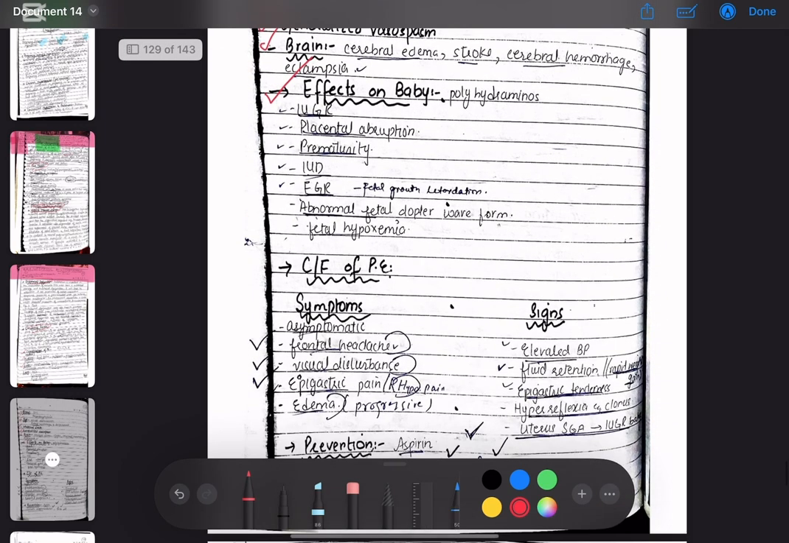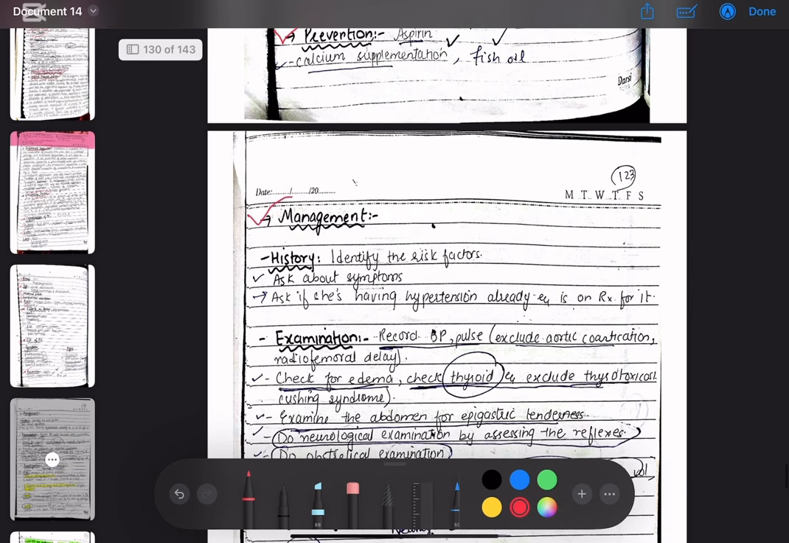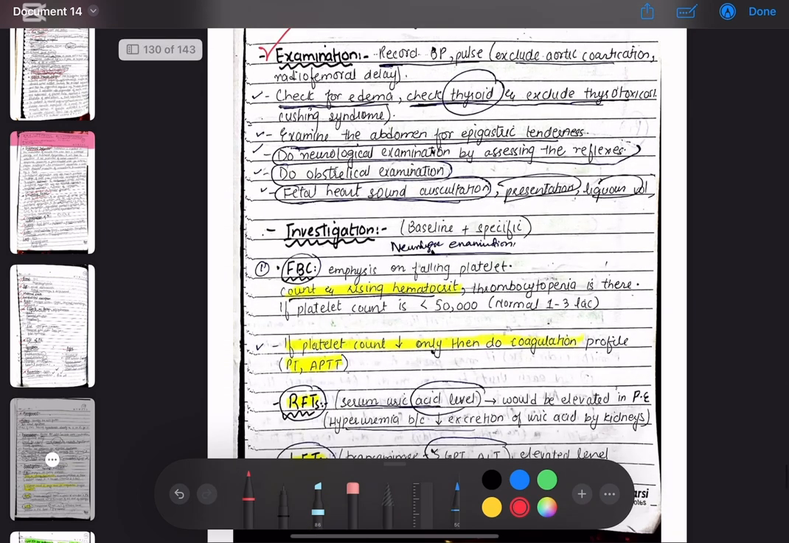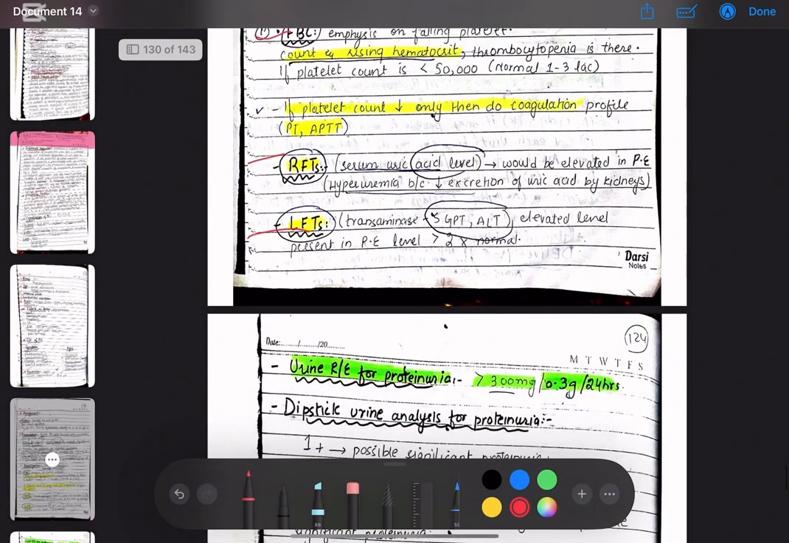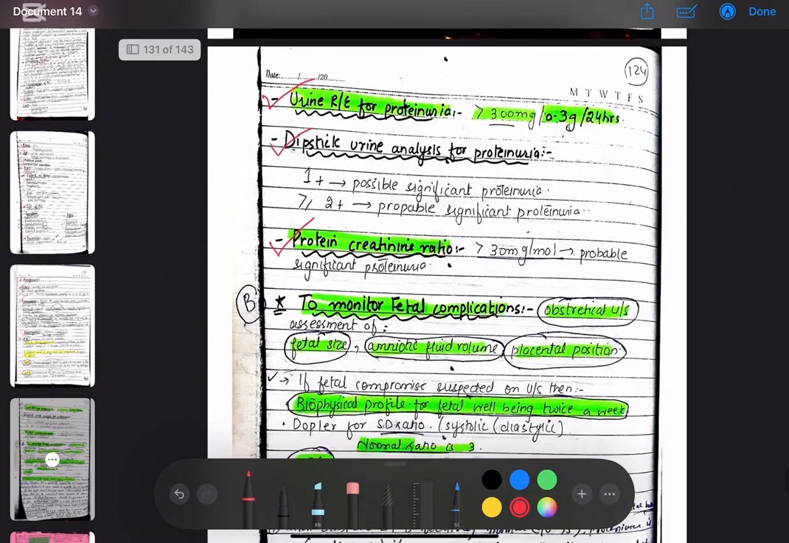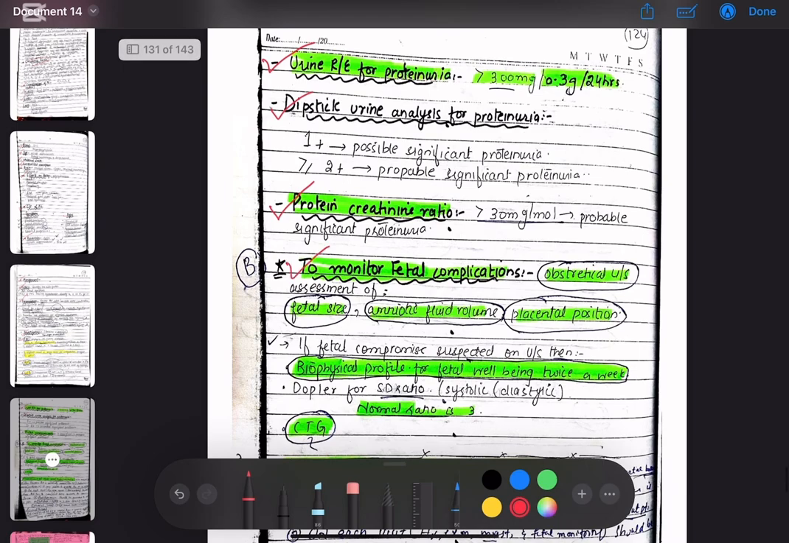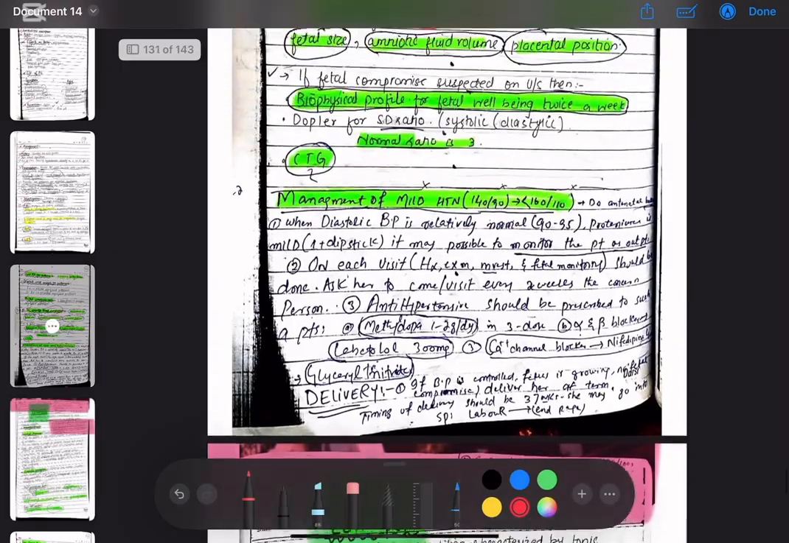Then the clinical features of preeclampsia, which are symptoms and signs, and how we will prevent it. Then we have discussed the management options, which are history taking and examination, and investigations, which are FBC, RFTs and LFTs, then urine routine for proteinuria, then dipstick urine analysis for proteinuria, protein creatinine ratio, and monitoring of the fetal complications. In the next section, we will discuss eclampsia,